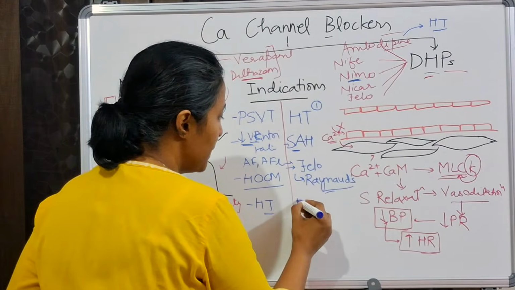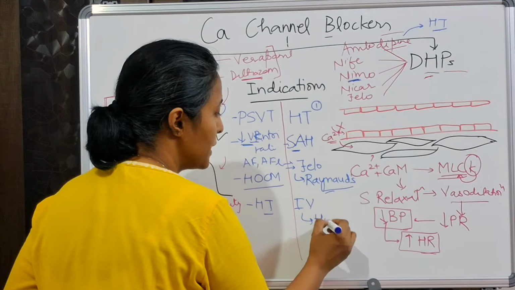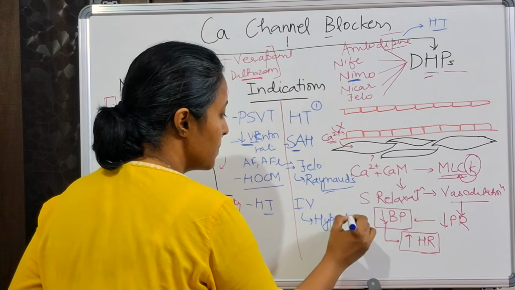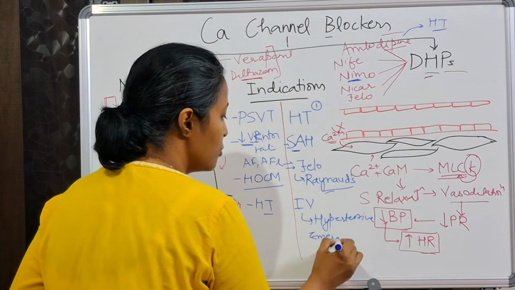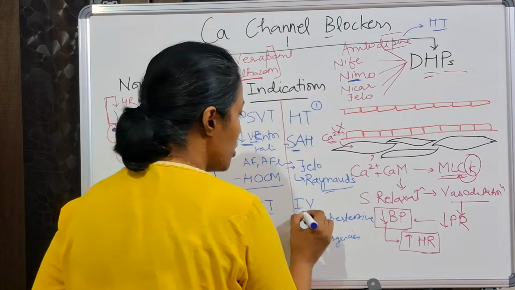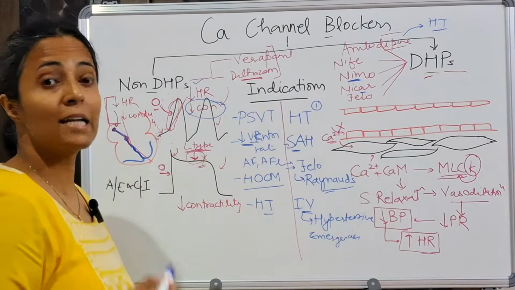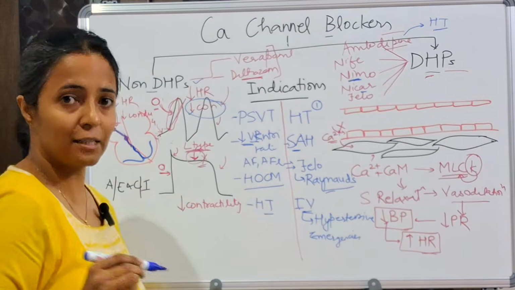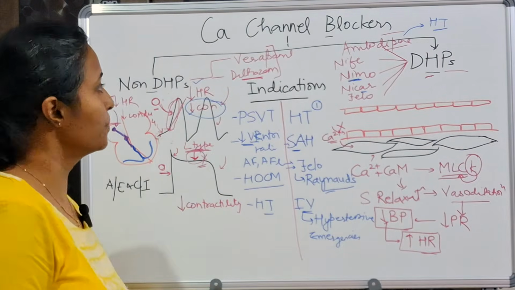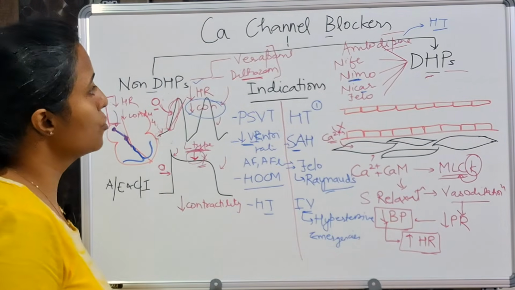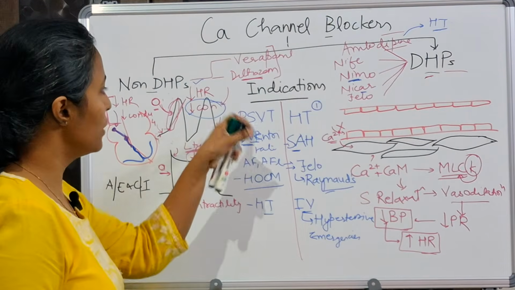Then we have nicardipine. Nicardipine is an IV drug used for hypertensive emergencies. Okay, an IV drug used for hypertensive emergencies. So these are short acting drugs, but when we talk about IV drugs, nicardipine is the longest acting IV drug. It is short acting, but among the IV drugs, it is longest acting. Okay, so these are the various uses of DHPs, and non-DHPs, I told you, are used mainly